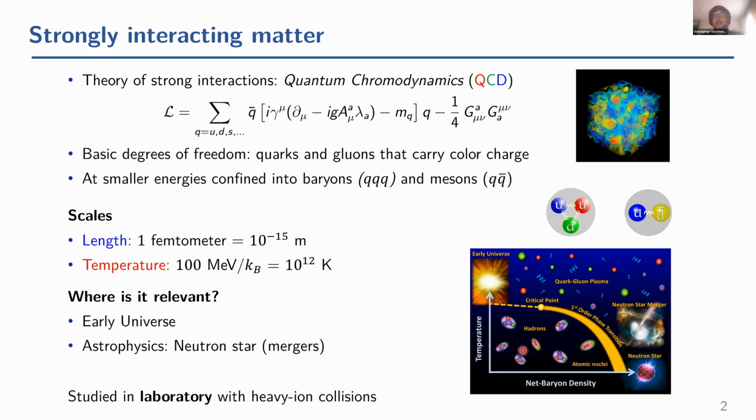And in general, the very interesting question is, what is the nature of this transition? It can be a smooth transition, and as we now know from lattice QCD, this is the case at small baryon densities, but it can also be a true phase transition. That is when properties of matter change discontinuously from one phase to another. And if that is true, then there is a critical point somewhere in the phase diagram separating these two regimes of crossover, an analytic smooth transition, and the first order phase transition, and the location of the critical point is one of the major goals of the studies of QCD matter.